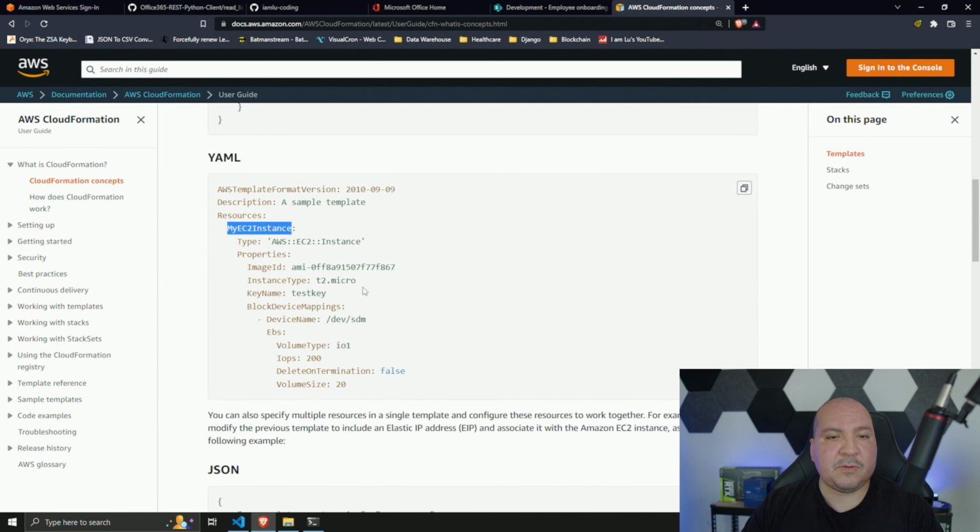Like in this example, our resource, the name that we're calling it is my EC2 instance. And then of course you've got to specify the type of instance, right? AWS EC2 instance. Same thing if it was an S3 bucket, this would be AWS S3, and the list goes on. I believe bucket maybe, or something like that. But either way, you have to specify your type